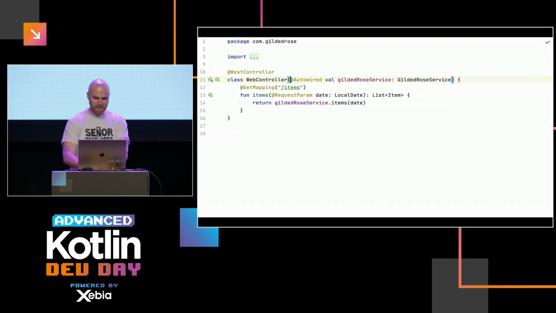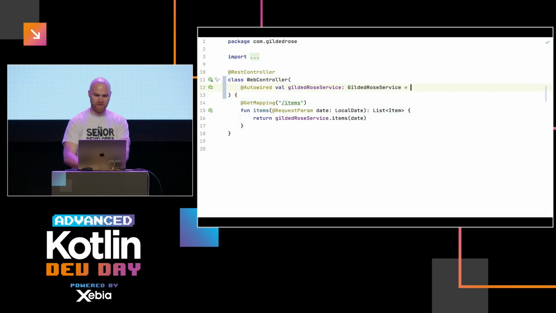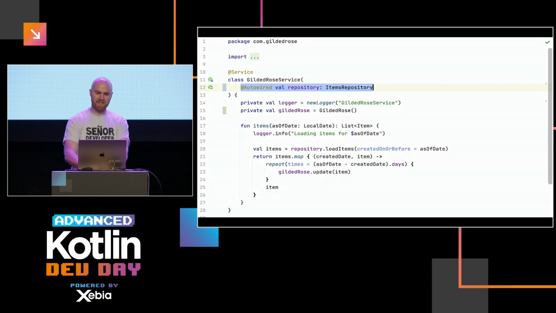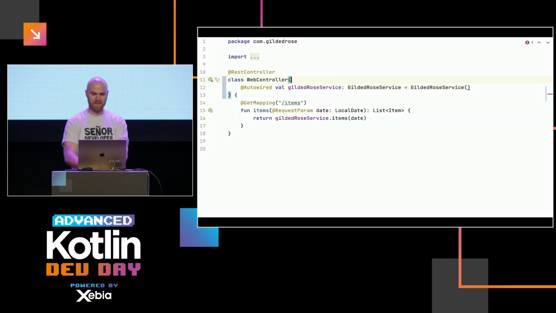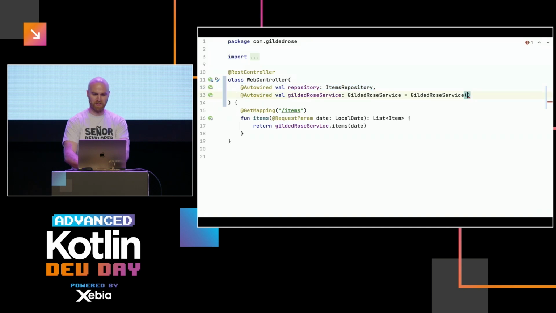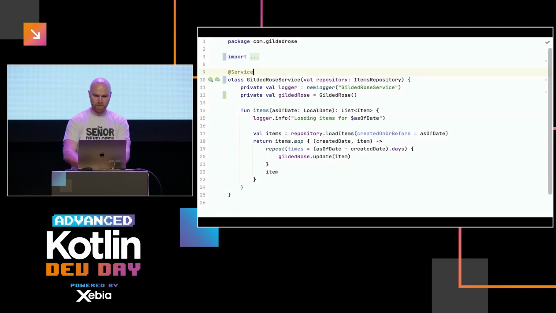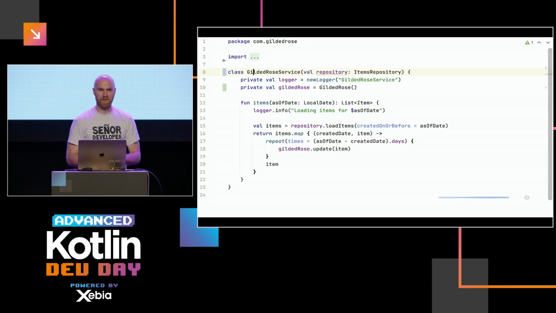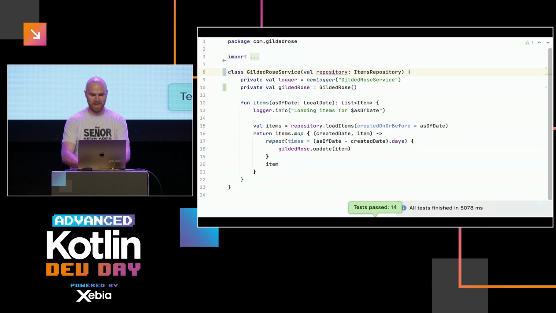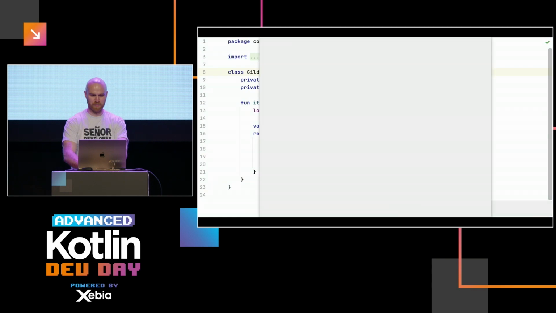And here it's autowired. So instead of autowiring, we want to, I guess, just construct it. Right? What do we want? Items repository, which we don't know how to construct, and we may be stuck. But in reality, there is a trick: we could ask Spring to inject the repository here so we can pass it into the service manually and then just remove the annotation from here. And we don't need the service here. So this way, we're pushing the injections to the outer scope of the code we are constructing ourselves. So this also can be private. This looks like a good commit to me.